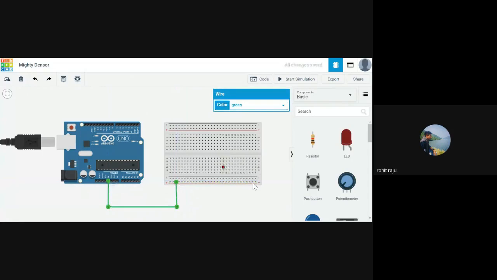This goes there, and in general, these power wires go in red color, and the ground wires go in black color. So let me connect this. I mean, you can use any of the holes. I'm using this hole because this is closer to our Arduino board. So yeah, go to this wire.